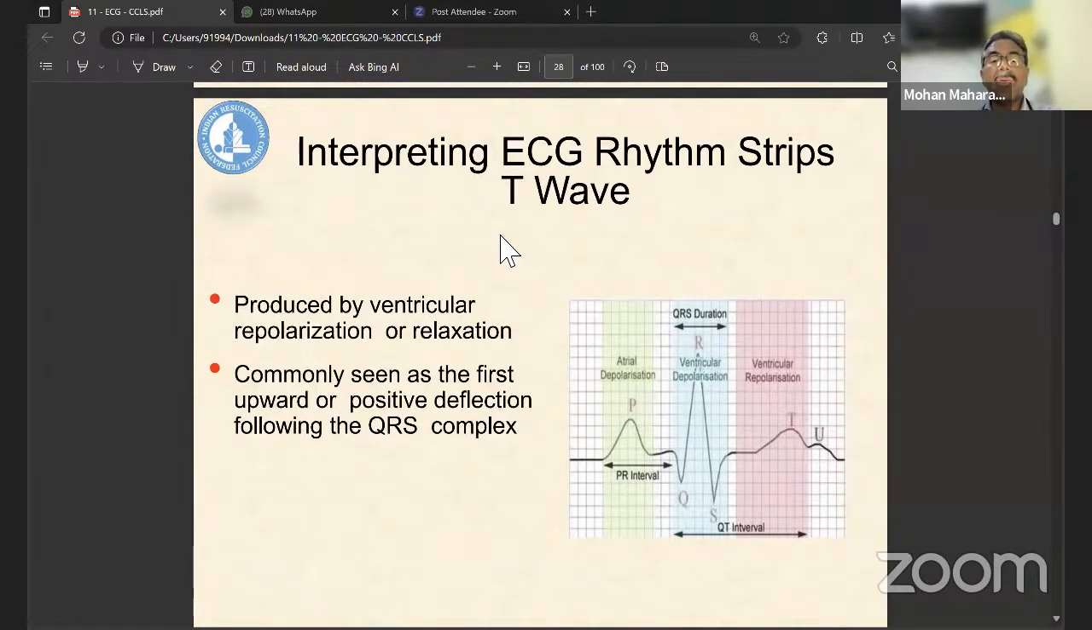Coming to interpreting ECG rhythm, the T wave. This is the T wave. It represents ventricular repolarization, also called repolarization, which is nothing but relaxation. In the relaxation or contraction, if you look at the